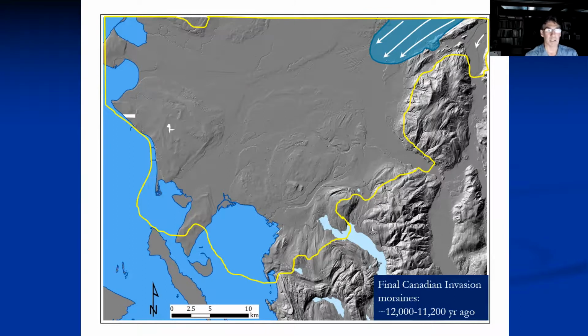And the best constraint on that is that if you drive up Mount Baker Highway to the very end of the road at Artist Point, which if any of you haven't been up there yet, you should go. It's pretty awesome, with fantastic views in the summertime when it's open. There are striations that go right across the crest of the ridgeline there between Mount Baker and Mount Shuksan, up near Table Mountain. And those striations are related to the maximum advance of the ice sheet.